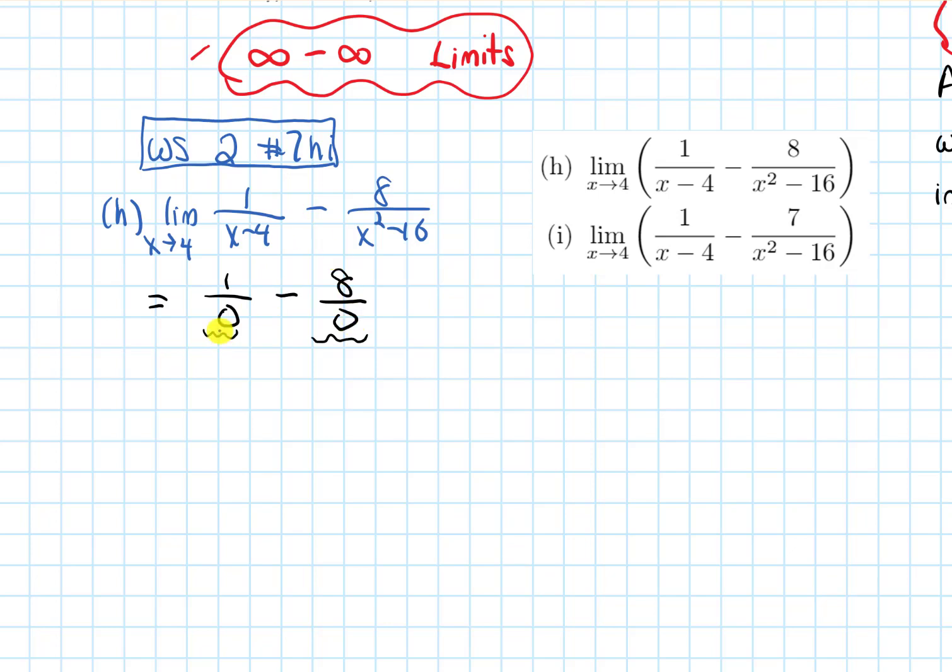So each one of these fractional things is some type of infinite expression, depending on which side you're approaching from. So you have some type of infinity minus some type of infinity, and this is indeterminate, meaning I don't know what it is just by looking at it,